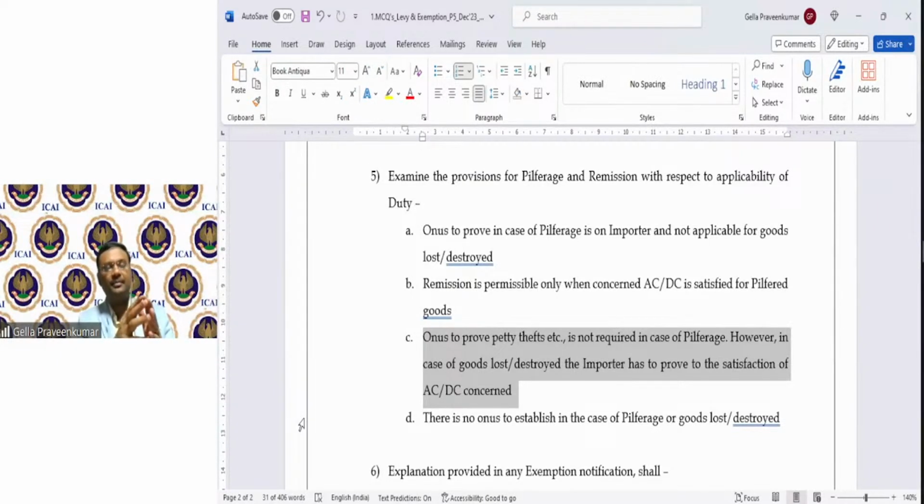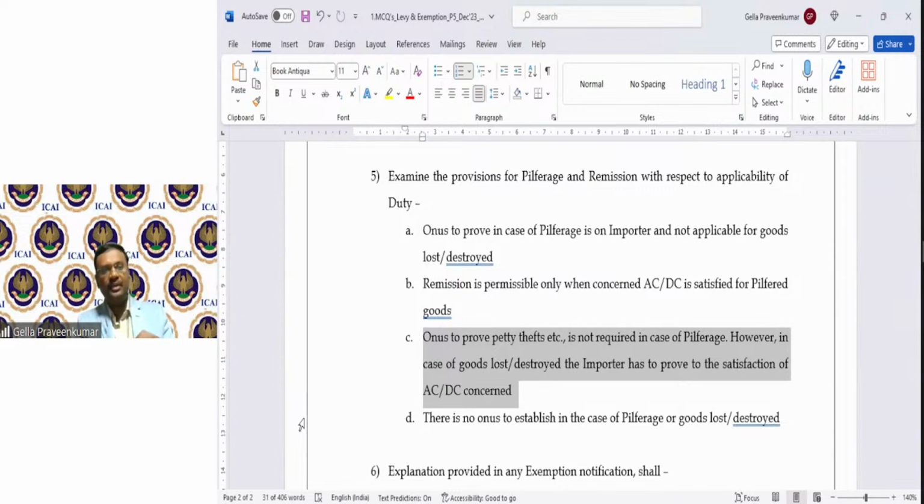Or a car: when the car is being lifted by the crane, there was a malfunction, it fell down and there was damage. So here, I have to prove to the AC or DC that I am no party to this damage. So this C seems to be a right answer. There is nothing wrong. I would say C is the right answer.